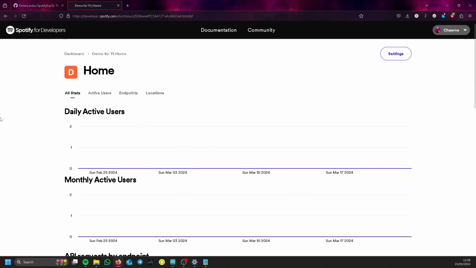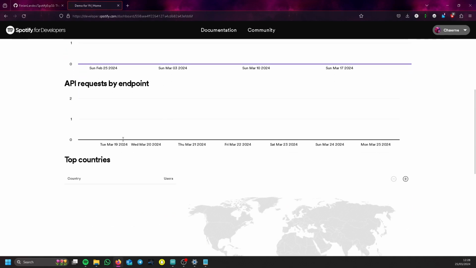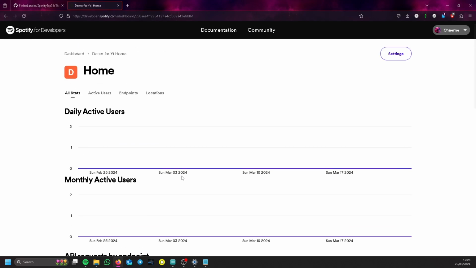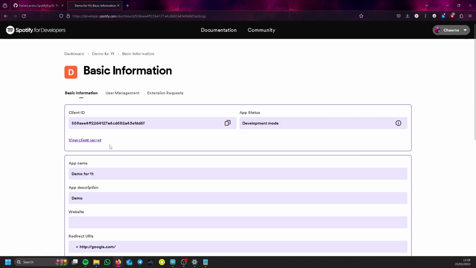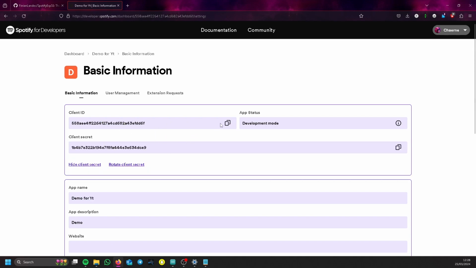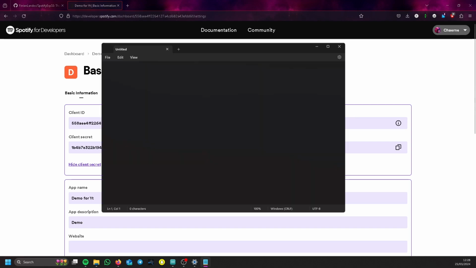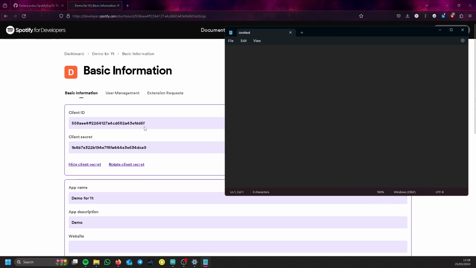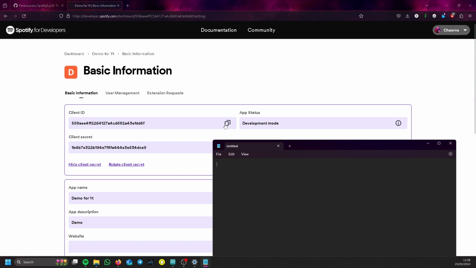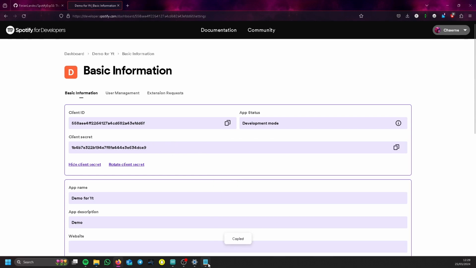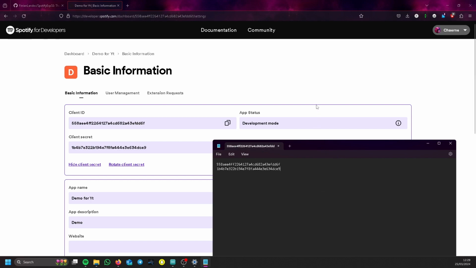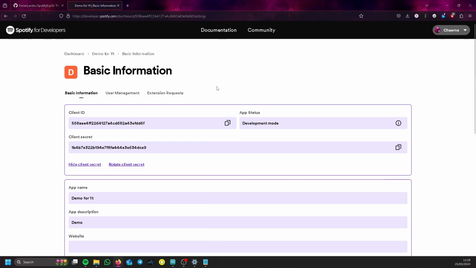Okay. Well, now we have our dashboard here. You can see some stuff which is not really important, but it can be useful to see if something does not work with your app. So we'll click on settings, and now we have to copy the client ID and the client secret. So I will open Notepad here and copy these. We'll have to use these later. And this one here. Well, then for now we can close that,